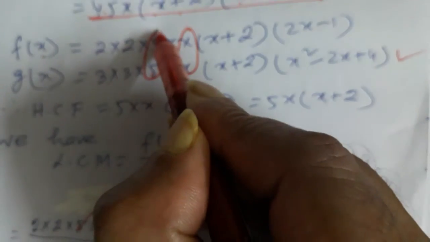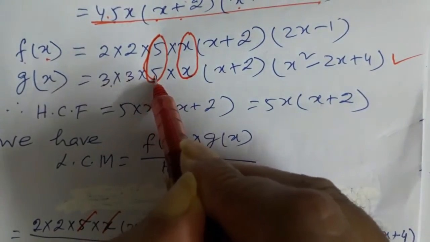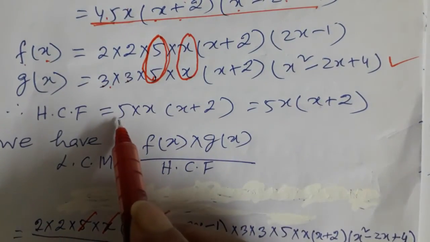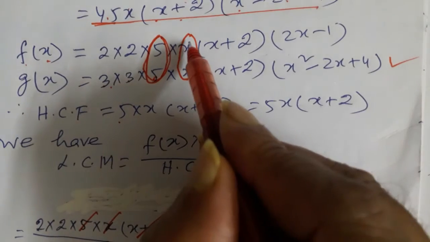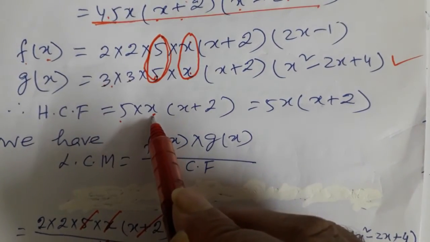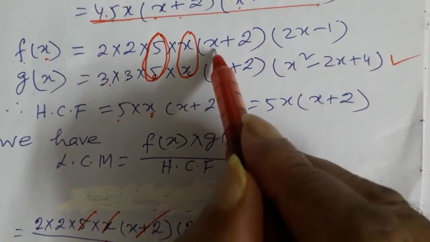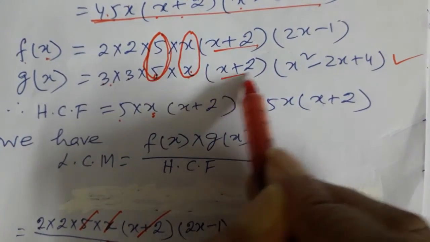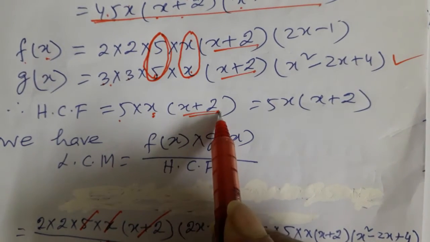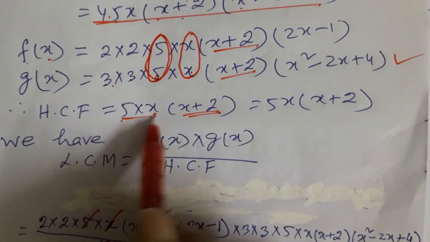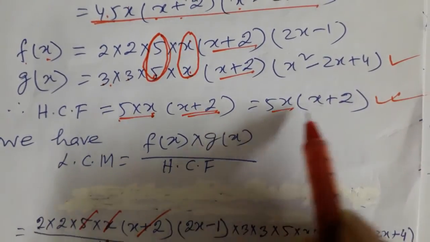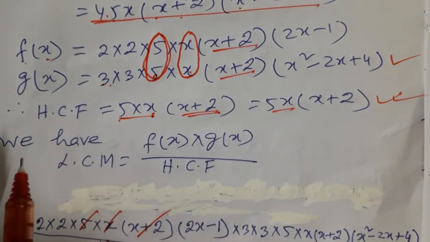Here you see in two polynomials 5 and 5 are common, so I have to take 5, and here x and x are common, so I have to take the x, and here x plus 2 and here is x plus 2, both are common, so I have taken this one, x plus 2 and x plus 2. Now you multiply 5 into x, that is 5x into x plus 2. This is your HCF, and we know